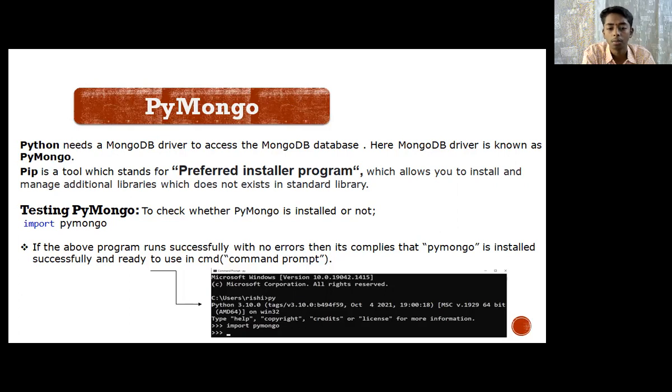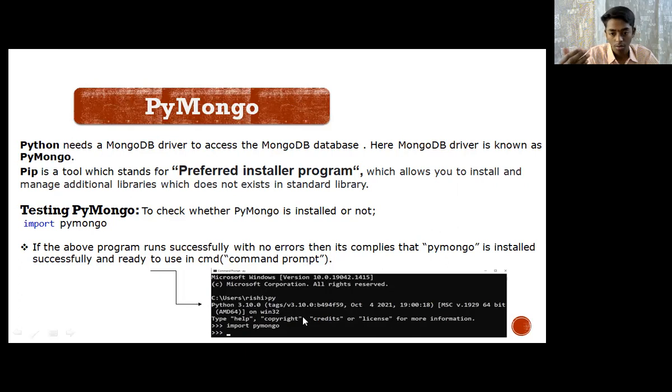Import is a function. Import is a type of function when we use it in the command prompt, when we install PyMongo in a command prompt or any other platform. To check whether the MongoDB Python driver is installed or not, you just have to open the command prompt easily. Like here we can see that we have opened the Python compiler, py, and here in this first line we can see import PyMongo. If we enter import PyMongo like this,